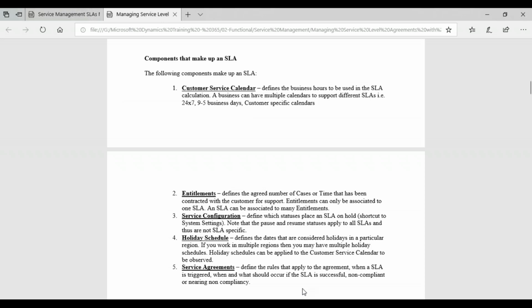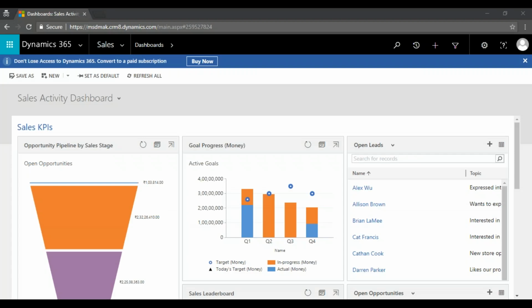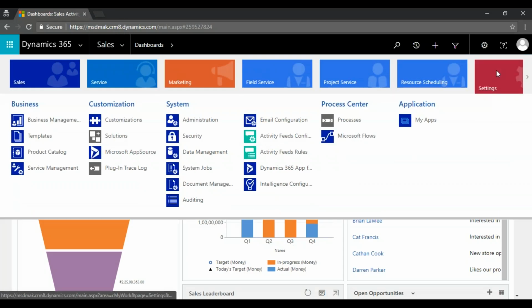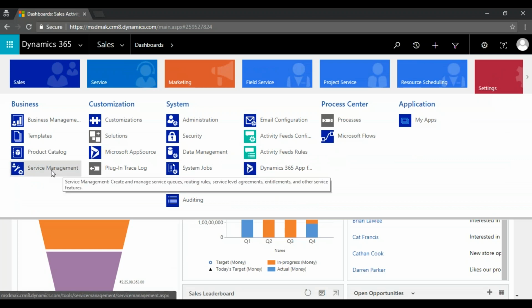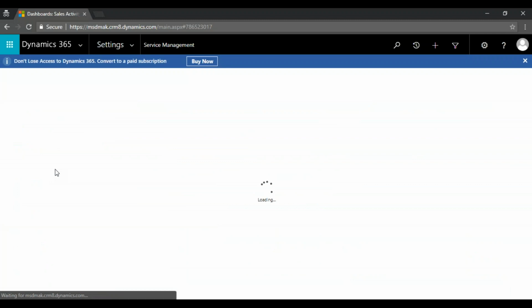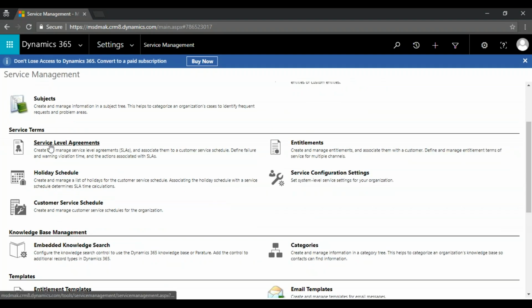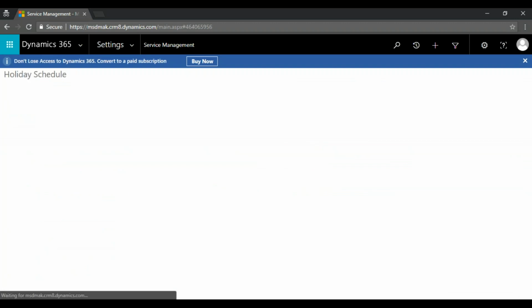To configure the SLA, I'll go to the CRM instance. We go to settings and then to service management. Here we have a tab called service management. These are the 5 entities: service level agreement, holiday schedule, customer service schedule, entitlements, and service configuration setting. First, let me create a holiday schedule.